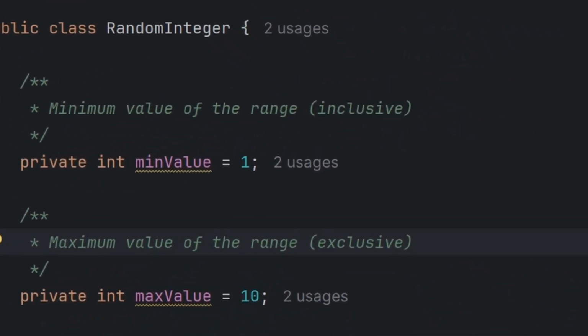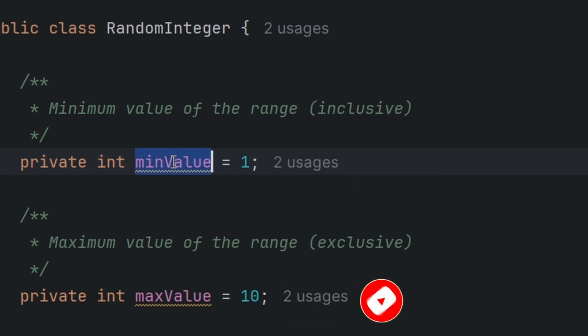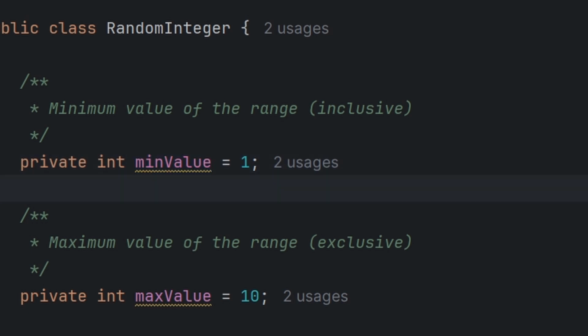Inside the class, we have fields or properties. These hold the data your program works with. When we declare a field, we have to set its access modifier, type, and name. So here, this is the access modifier, this is the type, and this is the name. When we assign a value to a field, we have the name, assignment operator, and its value. Fields should use camel case naming convention where the first word is lowercase and each subsequent word starts with a